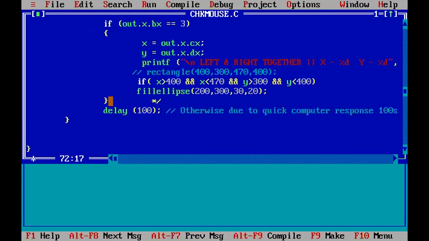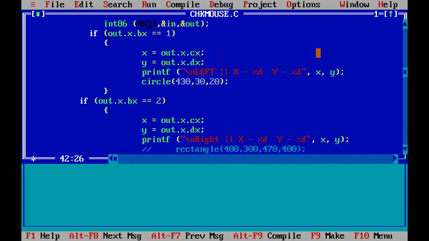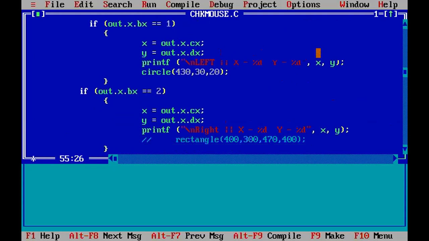See the program. I have checked here status 1. Now here I am checking bx is equal to 2. If the button pressed is the right, then give the value of x and y, printf write this,